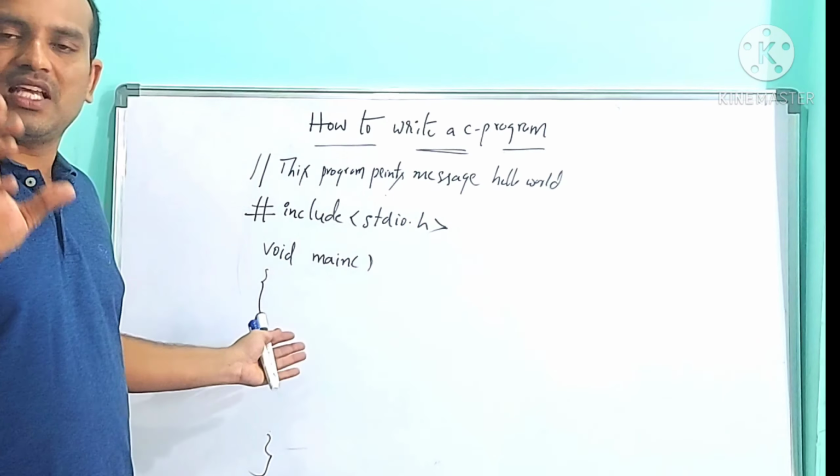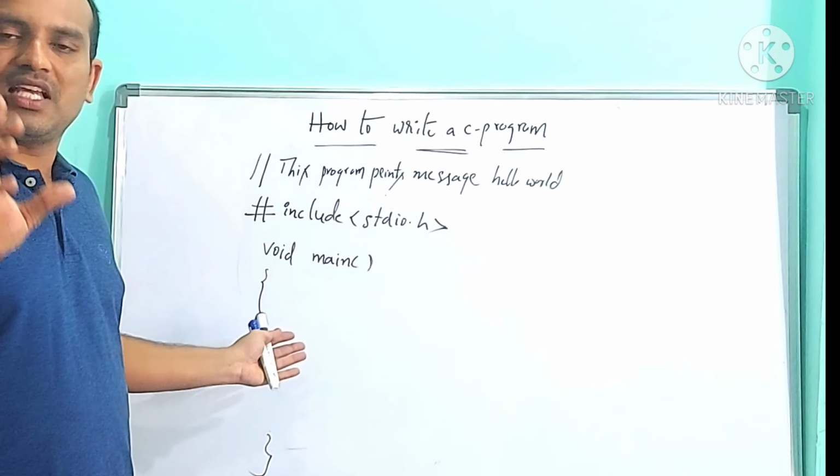How to use printf? I want to print some message, so I am going to use printf. A function means open parenthesis, close parenthesis. So by using printf, what are you going to print? I am going to print the message hello world. Whatever message you want to print at the output screen, that message should be inside the double quotation marks of printf. What message? Hello world.